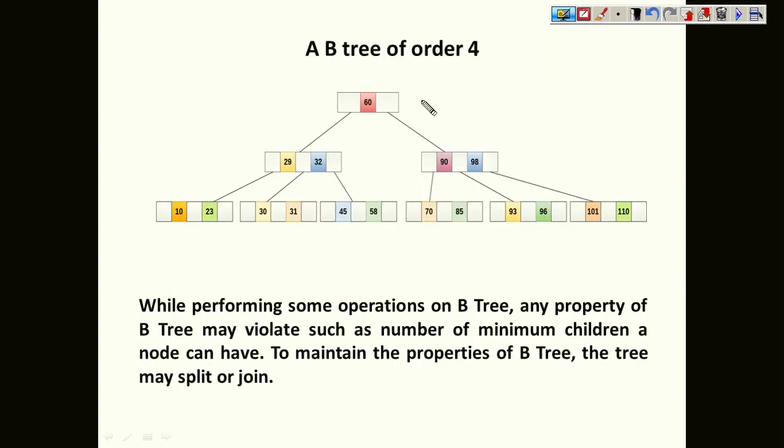So let us see more by using some structure. Let us look at the structure to understand it in a better way. Now, B tree of order 4. Order 4 means that every node can have maximum four child. Every node will have maximum three values, and every node must have minimum two child as per the property of the B tree.